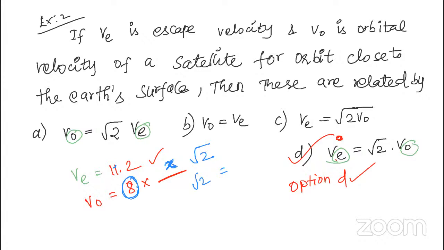Which one is the larger one? VE is the larger one. Okay, V naught is the smaller one. Only when that smaller one is multiplied by a constant do we get the VE value. So fix the constant in your mind. Okay, right? So V of E is equal to